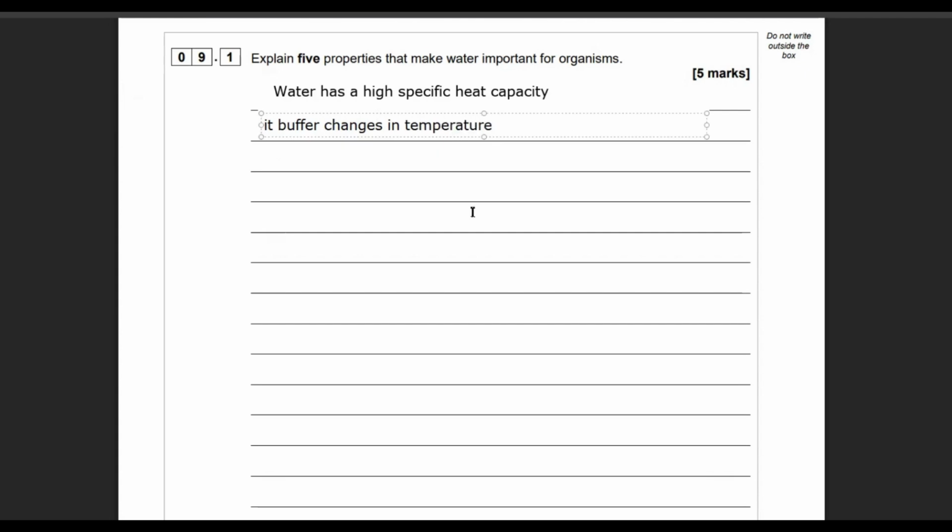That's why it's good for organisms. Okay, we don't have to go into all this is good for marine life living in the water. We don't have to go into detail. It's not an essay. Right, another one, now that we're done on high specific heat capacity: